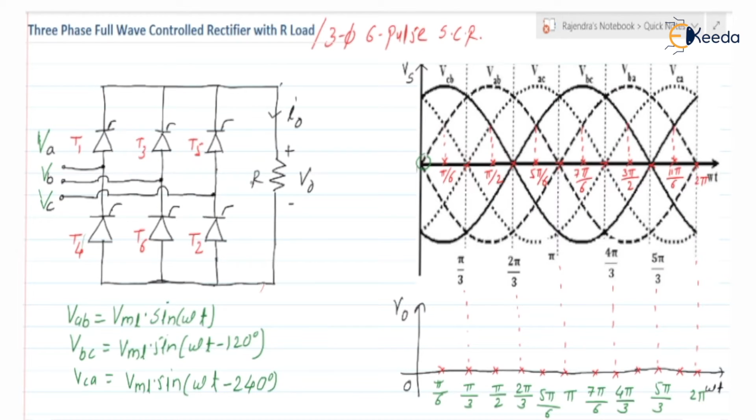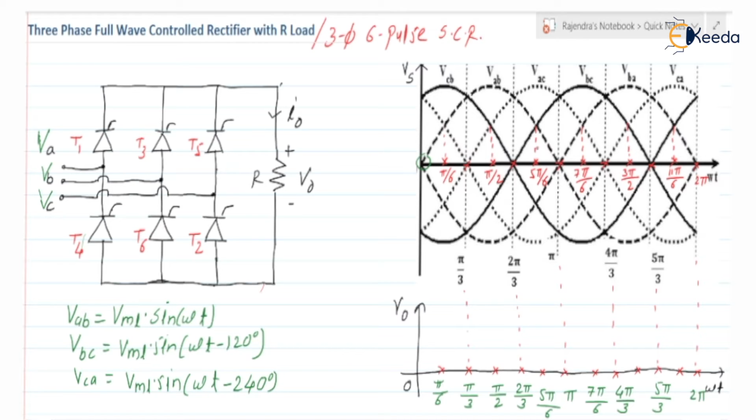So yes, we are having the circuitry. It consists of the three-phase AC supply, which is the input. Again, we are having six thyristors. T1, T3, T5, that is the odd numbered thyristors, form the upper group. Even numbered thyristors form the lower group. As I said in the last video, at a time, two thyristors will be in the on state. One is from the upper group and the second one is from the lower group.